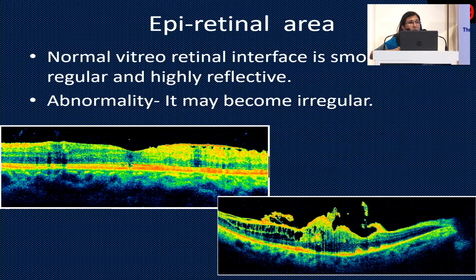Second is the epiretinal area. This is actually the interface between vitreous and retina, and normally this is very smooth and regular. The kind of changes that you can see here, you can just see this membrane. This is an epiretinal membrane causing irregularity of the retinal surface. And sometimes this may cause so much traction that it will distort the whole retinal surface and